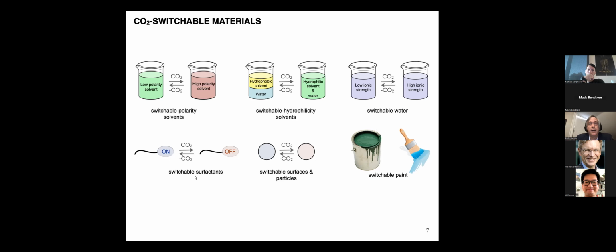Bottom left, we have switchable surfactants. In one version, it is a surfactant. In the other version, it's not. And so we can have surfactants function and then not function. And that's really useful in things like latex paints, where in the paint can, you want the surfactant to be functioning to keep the particles from merging in the paint can. But once you apply it to a surface, then suddenly those surfactants are problems, they're not helpful anymore. You want the particles to merge to make a continuous film on the surface you're painting, and you want the surfactants to turn off. And so they do. Thanks to CO2 switching, we can make surfactants that turn off when the latex paint is applied to a surface.